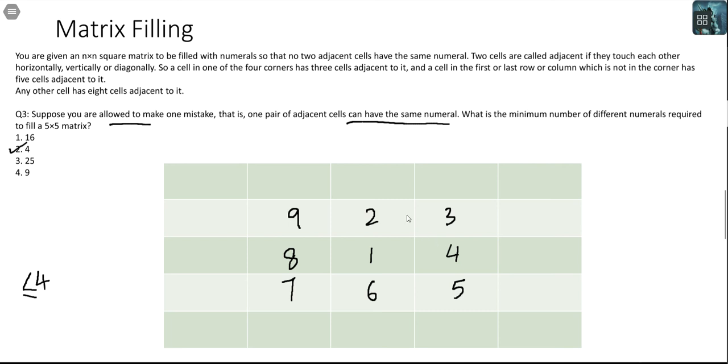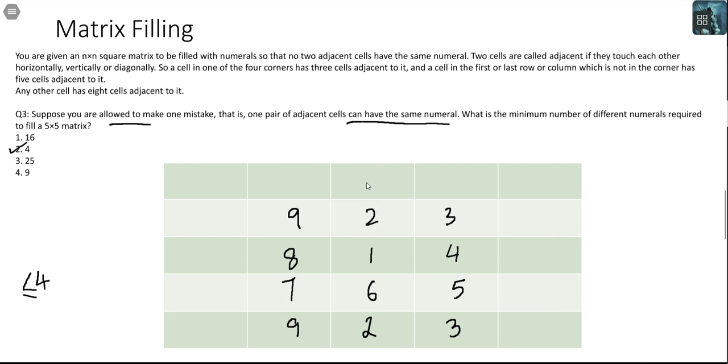Now my target would be to fill up the numbers in the remaining boxes in such a way that it doesn't exceed 9. I want to keep it as low as possible for 9. See, for 6, now look at these 6 and 4 and 2 and 8. These are the critical numbers. When you look at 6, it has 8 next to it, 1 next to it, 4 next to it, 5 next to it, 7 next to it. Can I have 9 here, 2 here, and 3 here? And around 6, you will see everything is done in those 9 digits only.